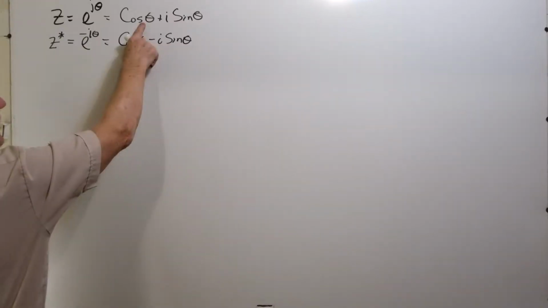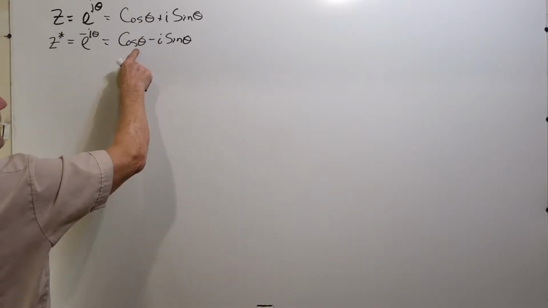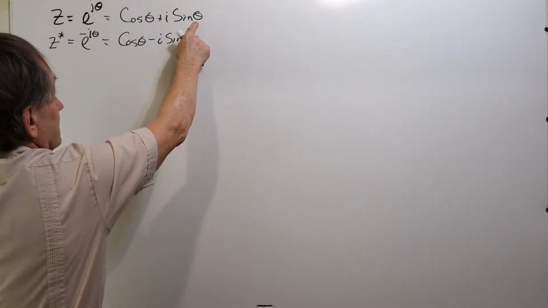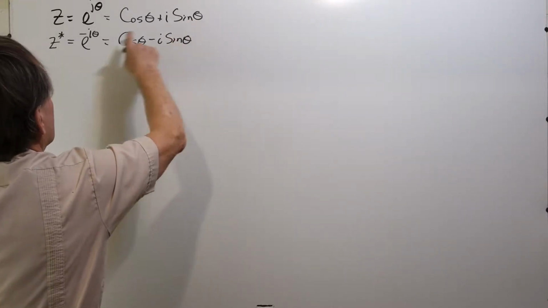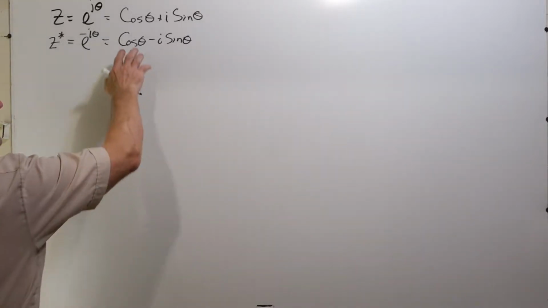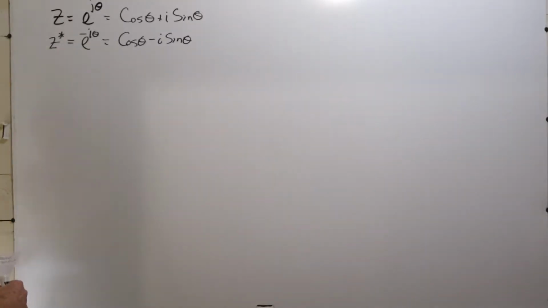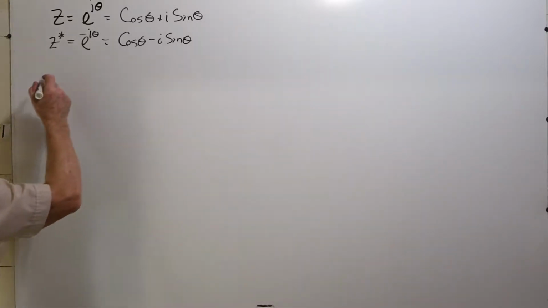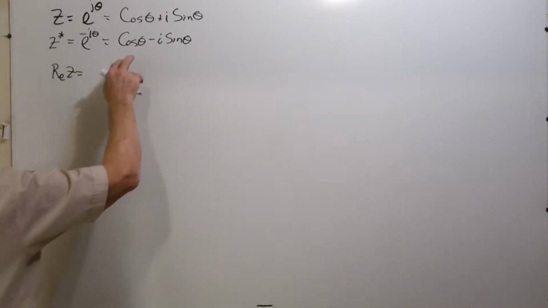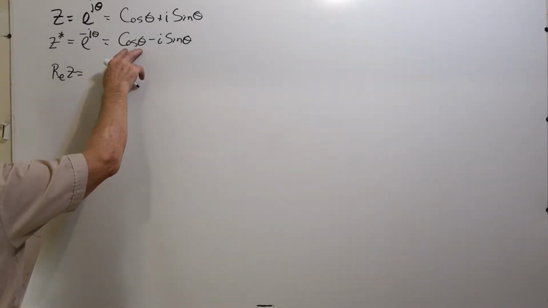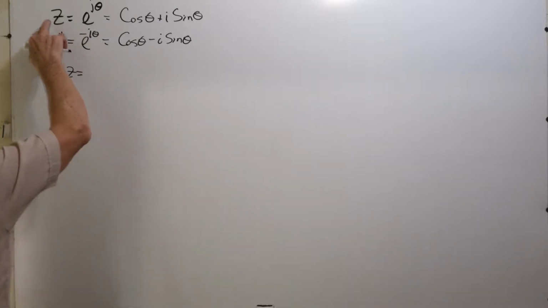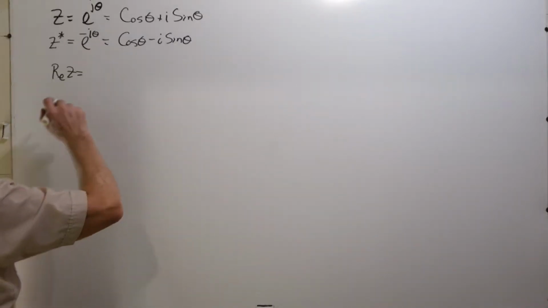Cosine of a minus angle is the same as a positive angle, and sine being an odd function, the sine of a negative angle is minus the sine of the positive angle. Cosine's an even function, sine's an odd function. Now we can write the real part of z, which is cosine of theta, which we can also write in terms of the complex conjugate and